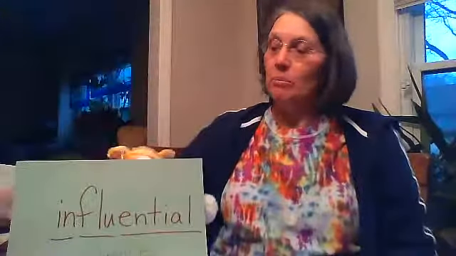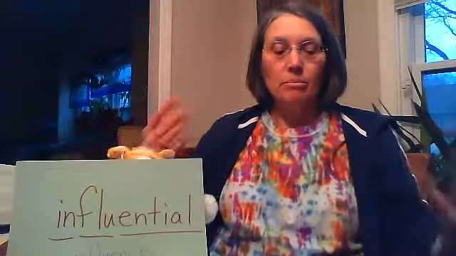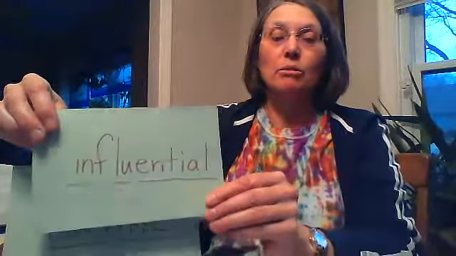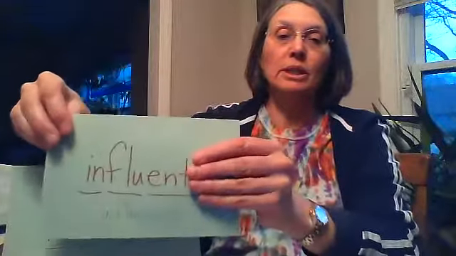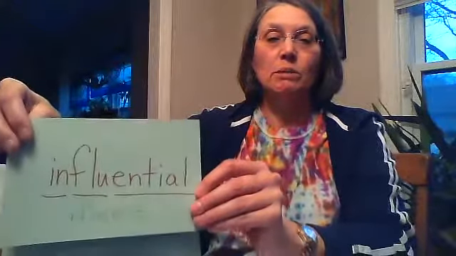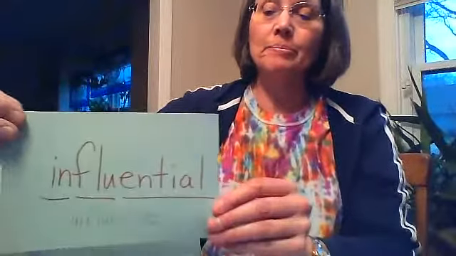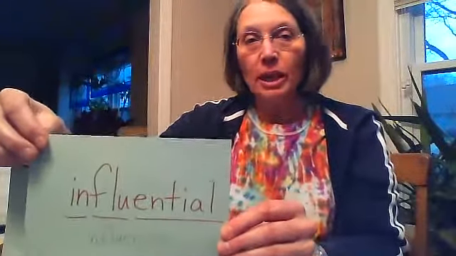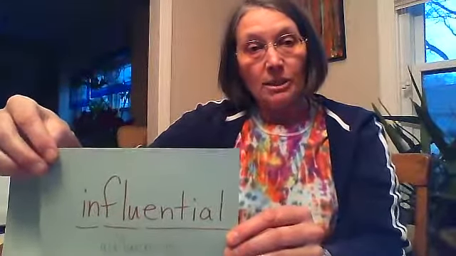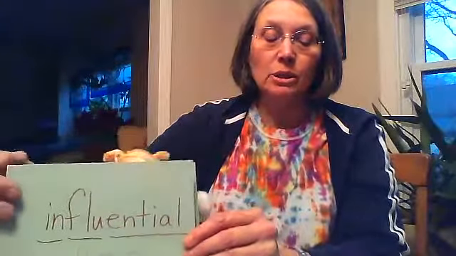So you might have your paper ready, and our first word for our Malcolm X vocabulary is influence, with the E, and then influential, remove the E and put the... sure looks backwards to me, but it's going to work out here. I hope you can read that. Influential means someone that has an influence over another, and in this case, exercising power. So having or exercising power, that's influential.